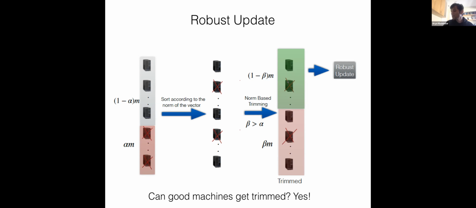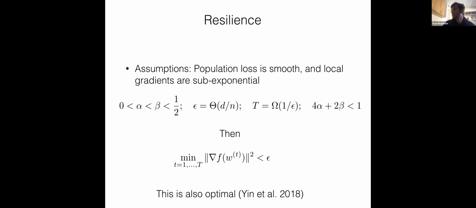Now, what can we say about the performance of this? Well, again, we have to show a theoretical result, and we have to make certain assumptions. So what are our assumptions? Our assumption is that the loss function is smooth and local gradients are sub-exponential. That means we're assuming some randomness property of local gradients, and it can be shown that local gradients being sub-exponential is not a very big ask